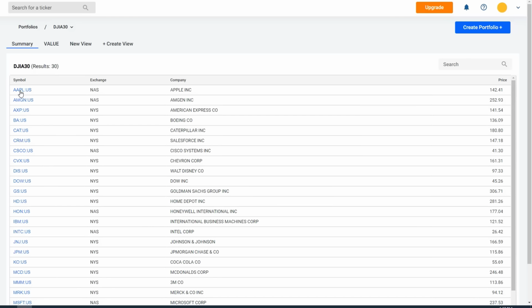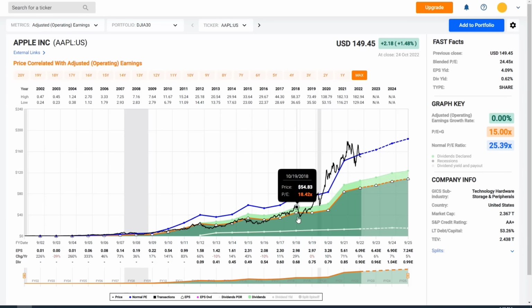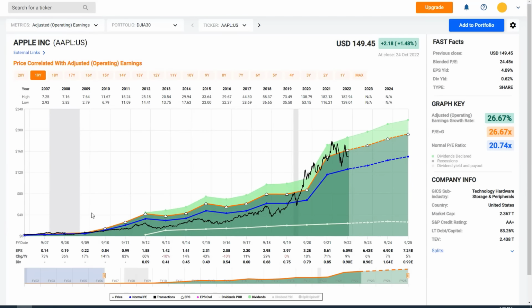And of course, that brings me to the mighty Apple. I'm going to be looking at these stocks through operating earnings. What I want you to see here is I'm looking at a long-term record. Clearly, Apple has normally traded at around 15 times earnings. Now, their growth accelerated a little bit in recent years. Let me put an average growth rate on here. The growth rate has accelerated, and you could argue that Apple, because of this high growth, is actually relatively undervalued,